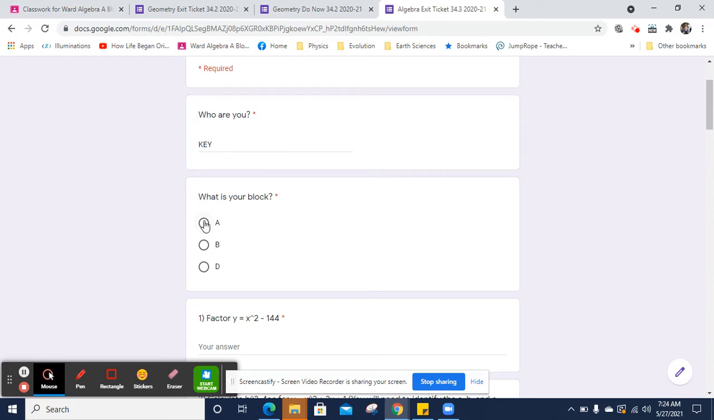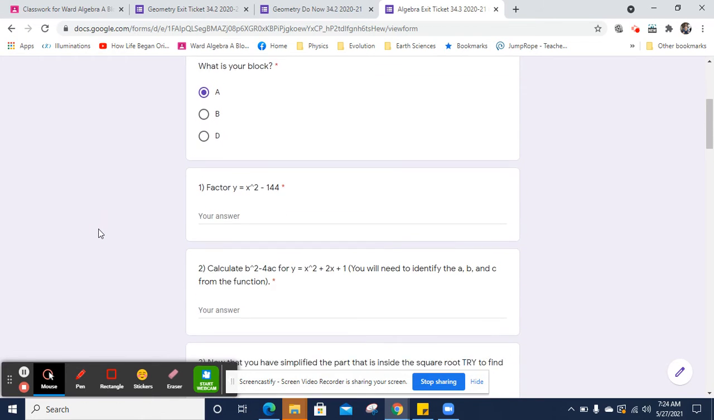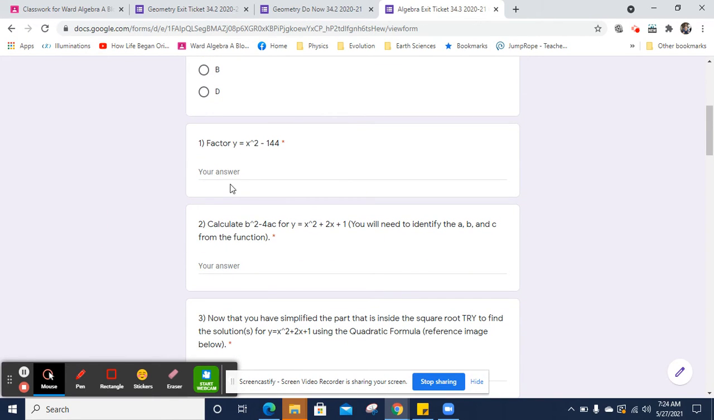So let's go ahead and work this out. Let's factor x squared minus 144. Well, those are both squares. There's no middle term, so the middle term has a 0x. So what we're looking for is two factors of negative 144 that add up to 0, and those would be